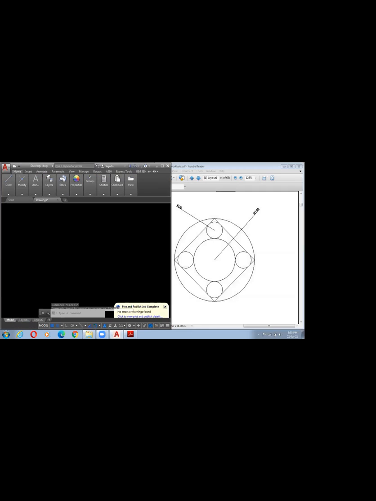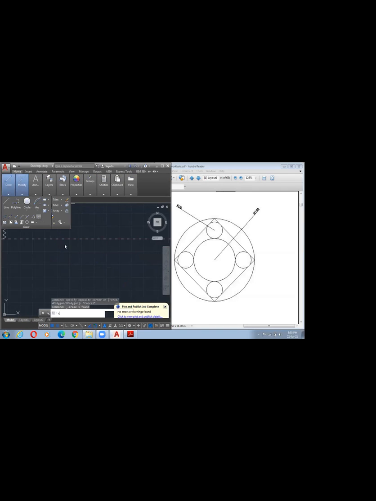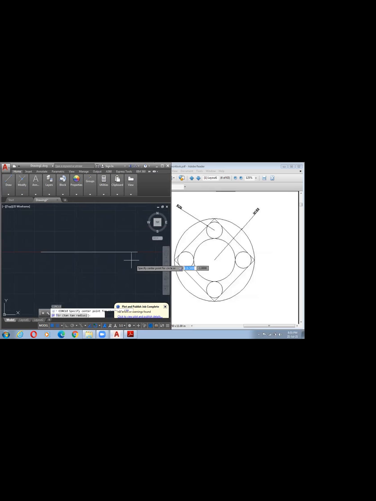First one radius 100 we have. C enter. Chosen from center, C enter.